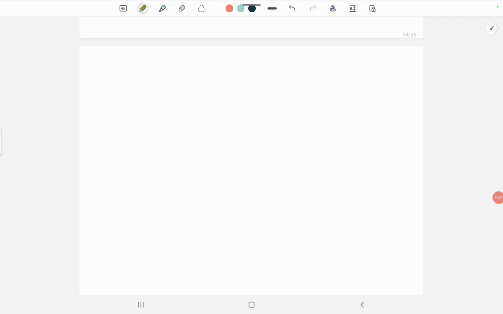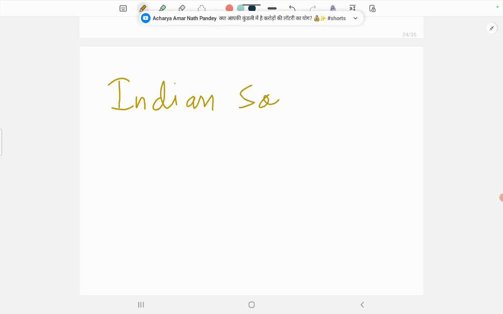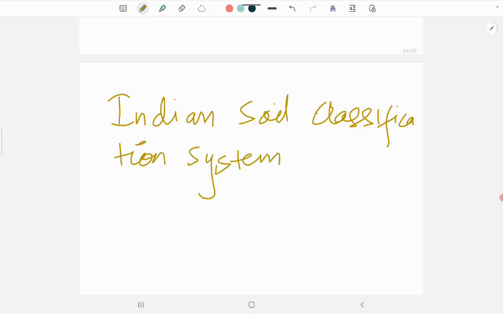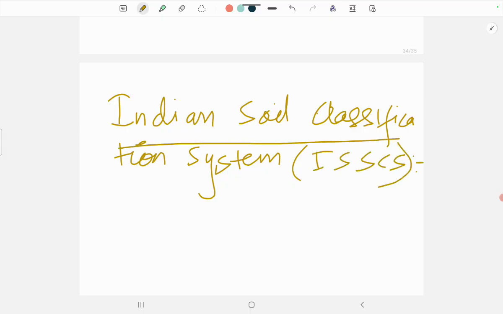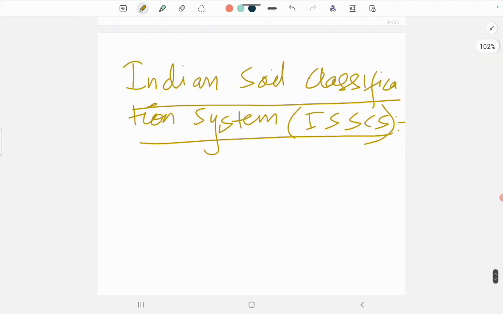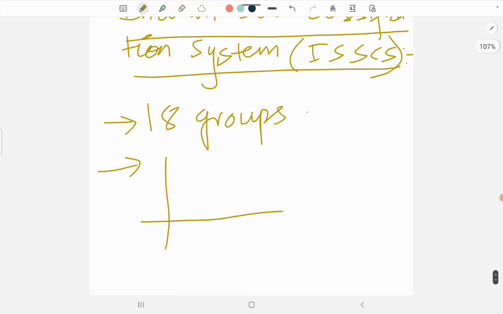Hello everyone. So today we are discussing the Indian soil classification system, ISSCS, and here we will discuss how the soil is classified into the 18 groups, and then about the plasticity chart,